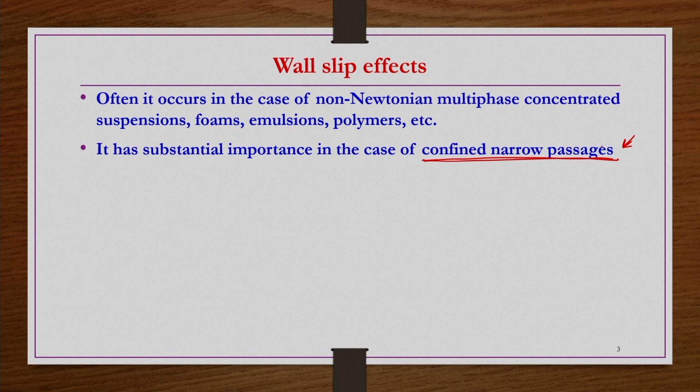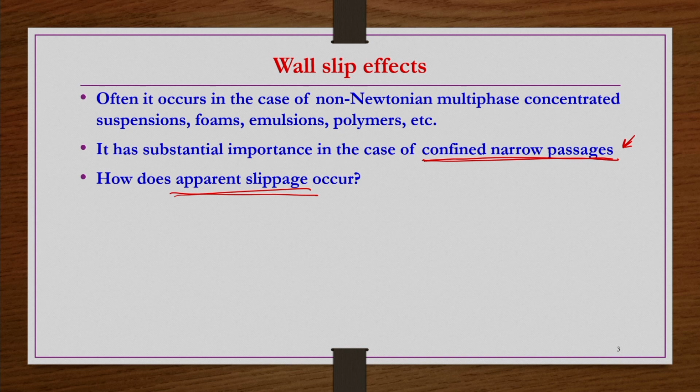We started taking narrow passages because we wanted the variation in the shear stress or shear rate from the center to the wall of the capillary to be negligible. With that purpose, we started the equation development by taking narrow capillary cylinders. But when you take such narrow passages, wall slip becomes significant, and accordingly correction should be provided. So, how does the so-called apparent slippage occur? That we have to understand.